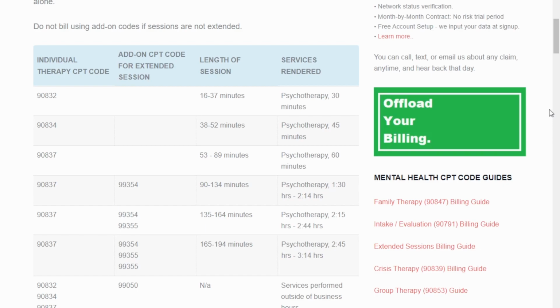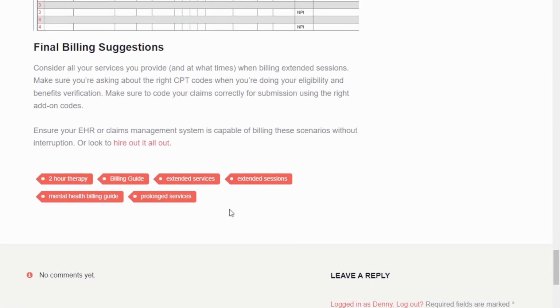Okay, so if you want to bill for 90 minutes or more, anything from an hour and a half up to 2 hours and just shy of 15 minutes, 2 hours and 14 minutes, you want to implement an add-on code. That add-on code is 99354. And the way that you're going to end up coding that, we'll scroll down to an example here,